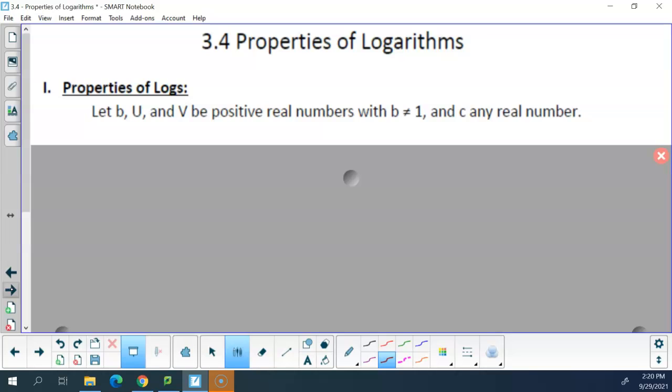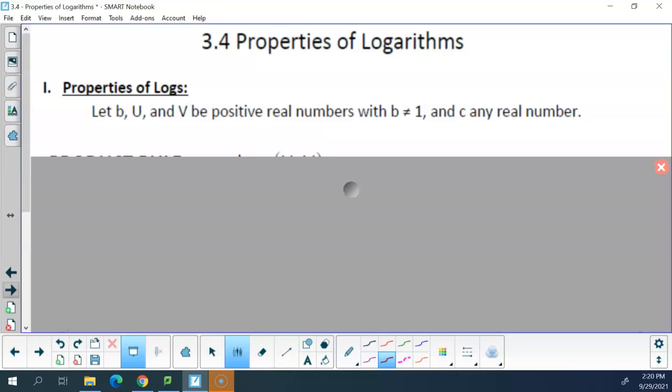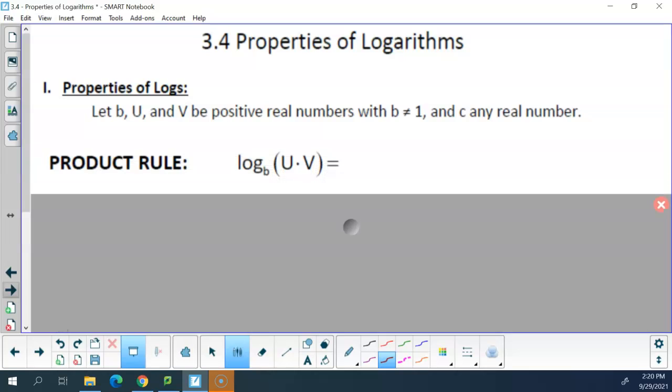So the first are the properties. The first property that we need to talk about is the product rule. The product rule says that if in the argument, side note, inside this set of parentheses on a log, that's called the argument of the log. If you are multiplying something in the argument, you can break that up